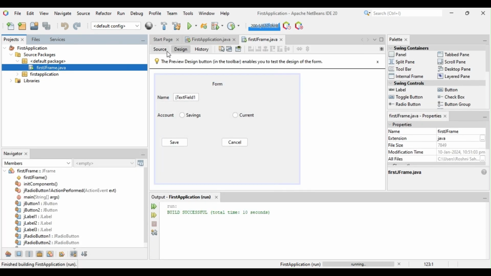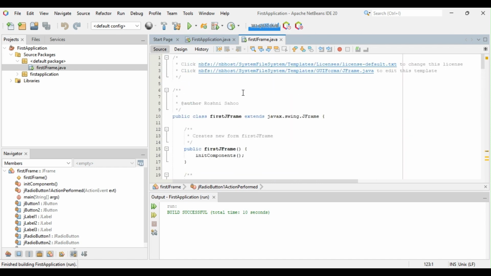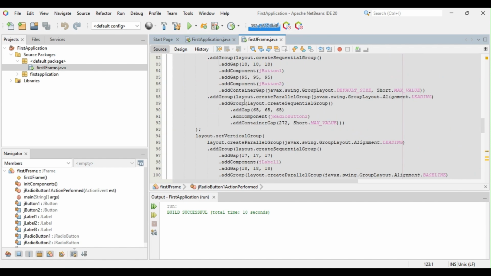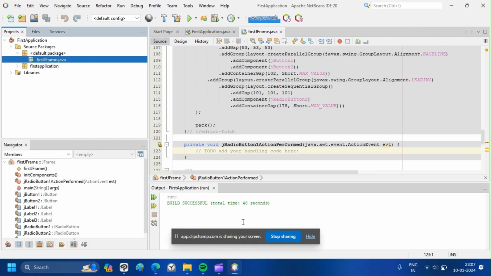If you want to see the source code, you click on source, and you can see that NetBeans has automatically generated the code according to our interface that we designed here. Now to create a multiple document interface, which is basically a parent interface with multiple windows on top of it,